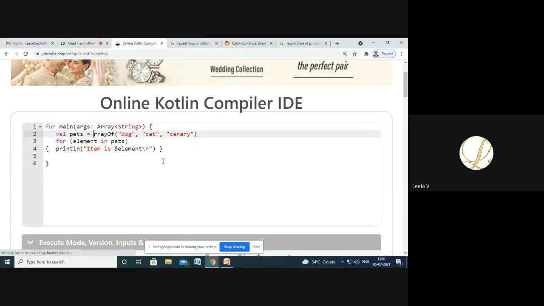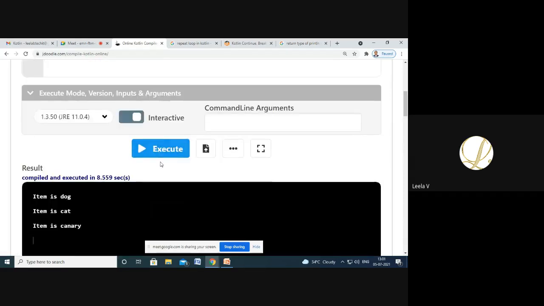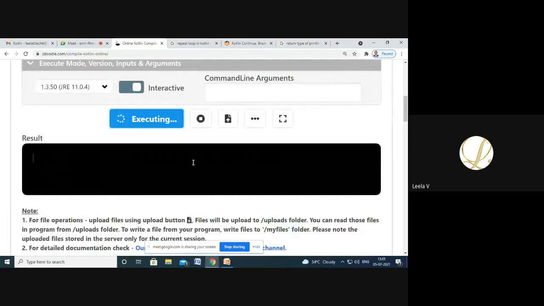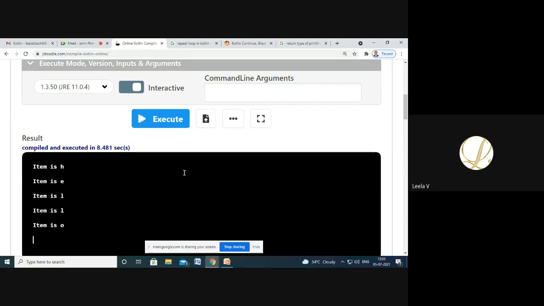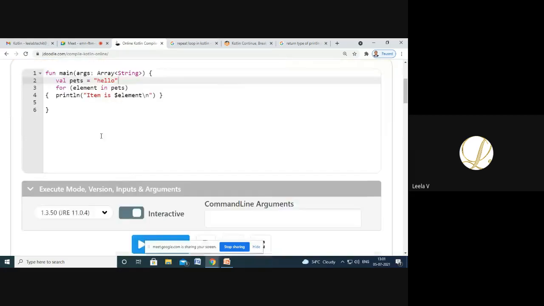We can also use a string. So I'm giving hello as a string, and it iterates one by one: H, E, L, L.